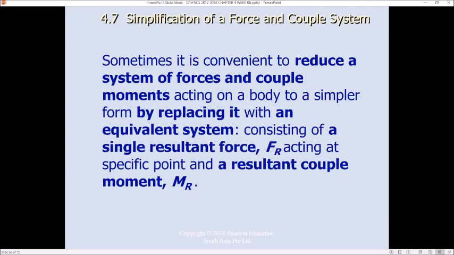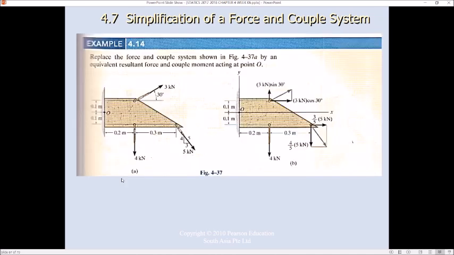Simplification of a force and couple system. Sometimes it is convenient to reduce a system of forces and couple moment acting on a body to a simpler form by replacing it with an equivalent system consisting of a single resultant force Fr acting at a specific point and a resultant couple moment Mr. For this example, replace the force and couple system shown by an equivalent resultant force and couple moment acting at point O. So in this example, we have